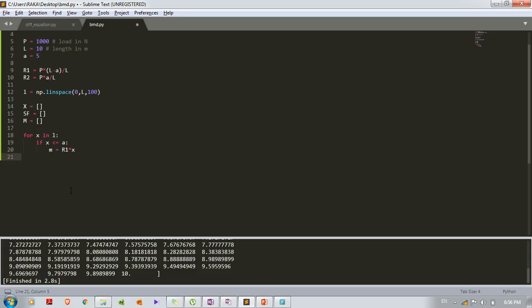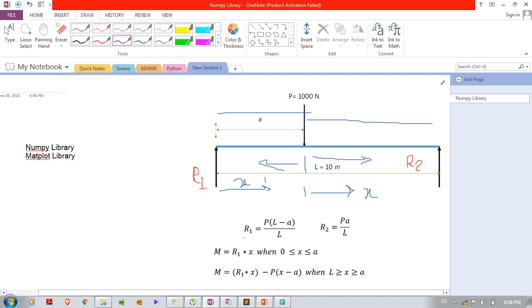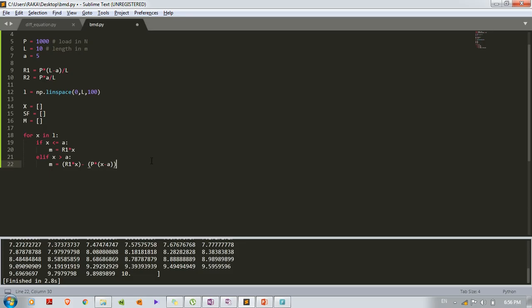So here again I will use one more if, that means again one condition, when x is greater than a, colon, m is equal to, in brackets I will write R1 into x minus P into (x minus a). So I have written this formula, the second formula. So my formula is ready.